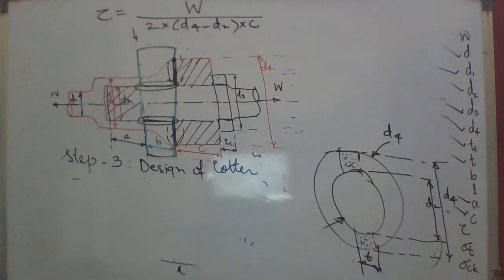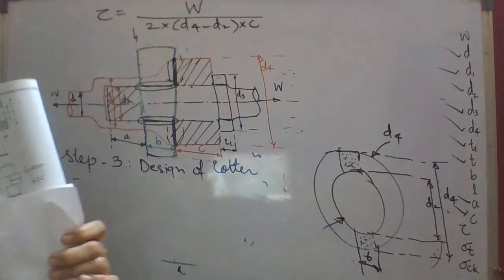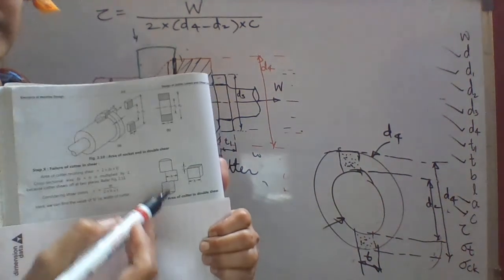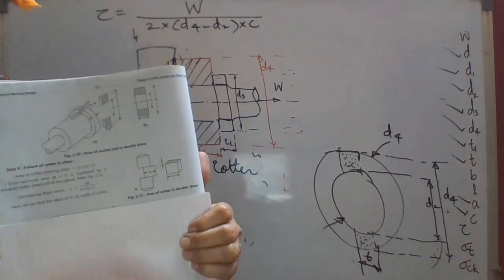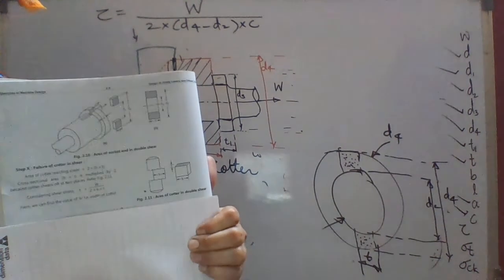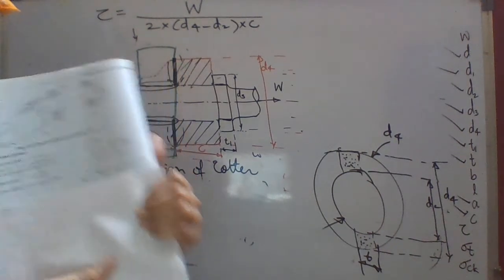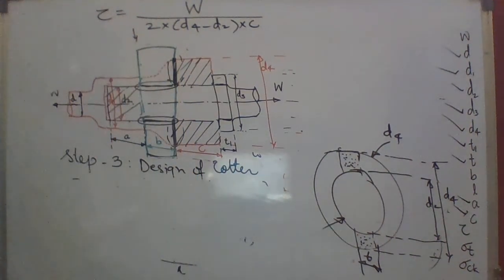Very good. 3D view is given in the book. So I will show you that view. The double shear under the quarter. You can see like this. It is shown here. The quarter में shear like this. 2 planes पे वो shear out हो सकता है, fail हो गया अगर तो.